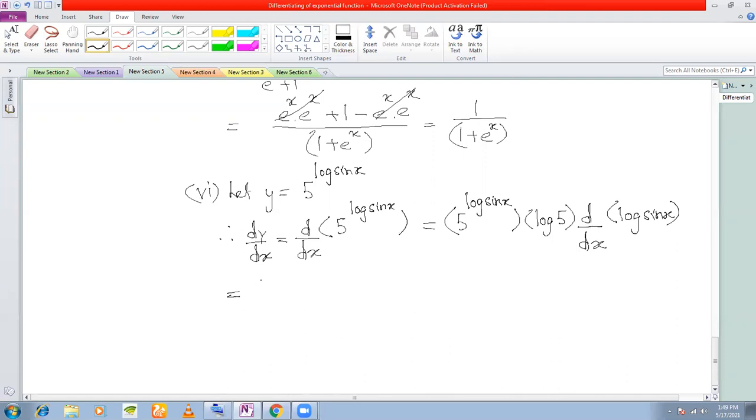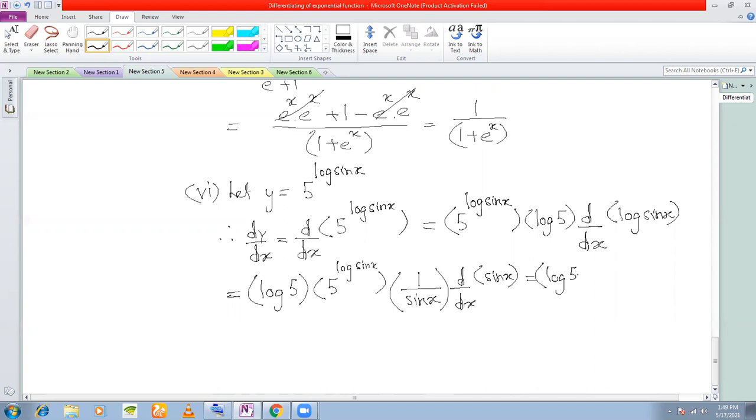So what you get here is log 5 into 5 to the power of log sine x into, now differentiating this, first we'll differentiate log to get 1 by sine x into the d/dx of sine x. So you get log 5 into 5 to the power of log sin x into cos x by sin x, which is equal to cot x